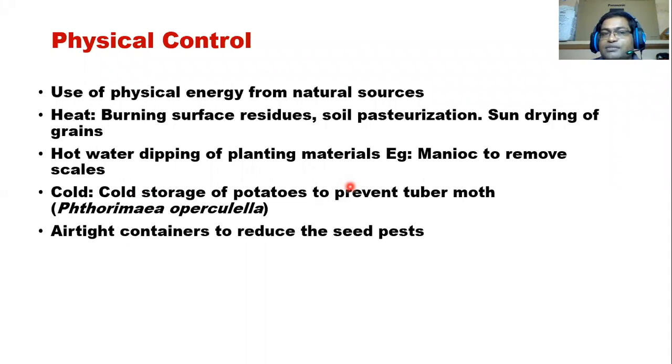Airtight containers. And also they are using physical sucking fans in the high piles. We are having the IPHT, post-harvest technology. They are devices to remove the beetles and weevils from the rice. They're using the sucking fans. Sucking fans suck all the eggs and the beetles, right? So that's how they are removing that.